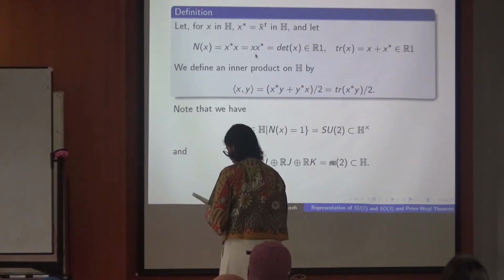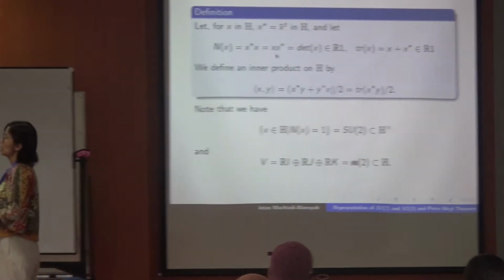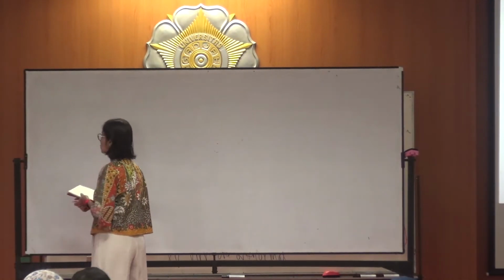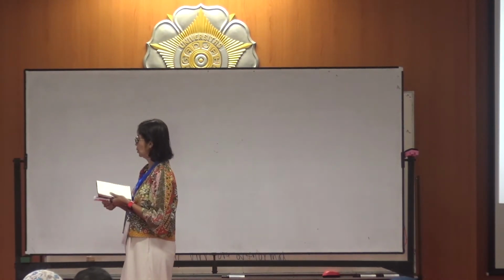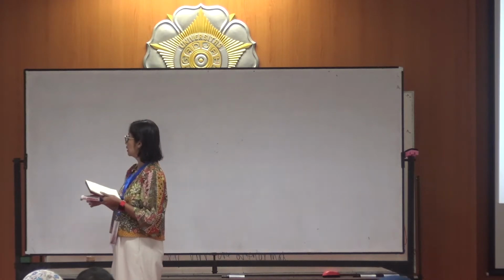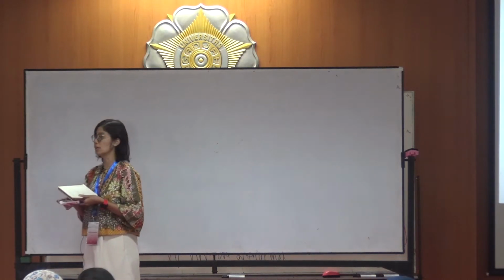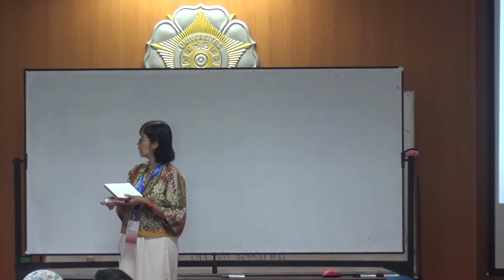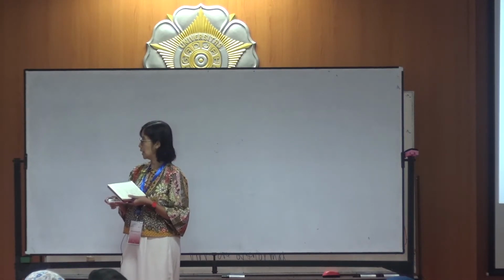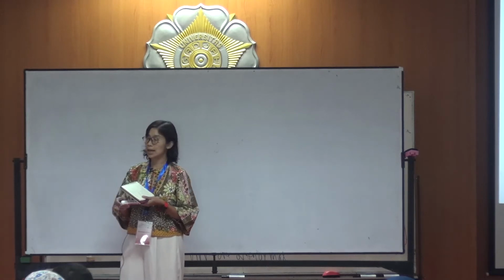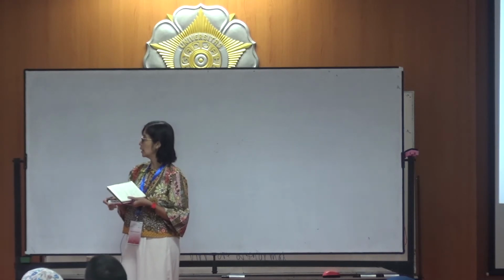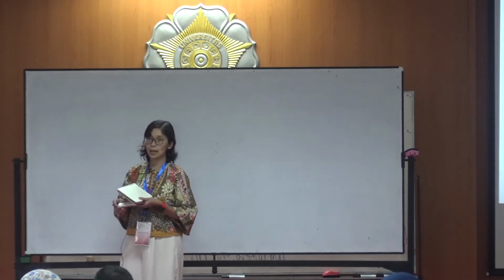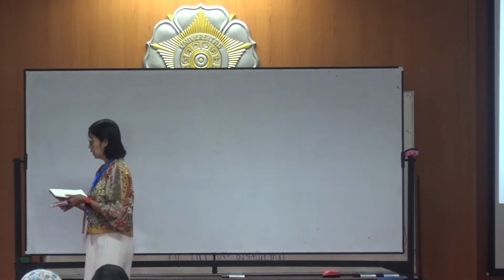We can identify all the x in H where n(x) is 1 as SU2, and it is in the set of units of H. The Lie algebra SU2 is generated by I, J, and K, and so H without R1 will be this Lie algebra SU2. And now